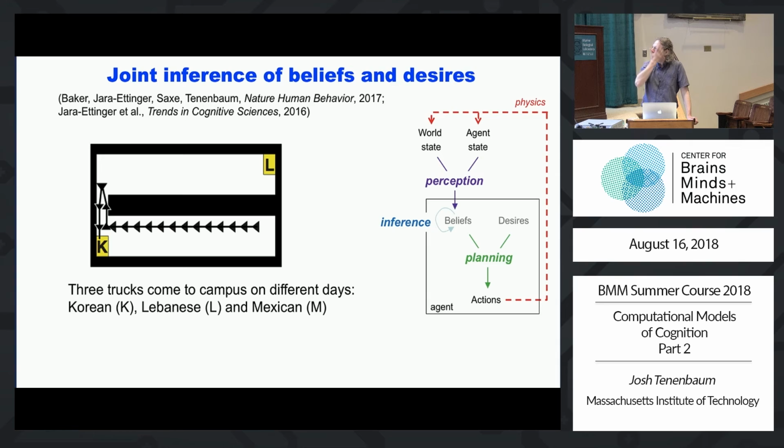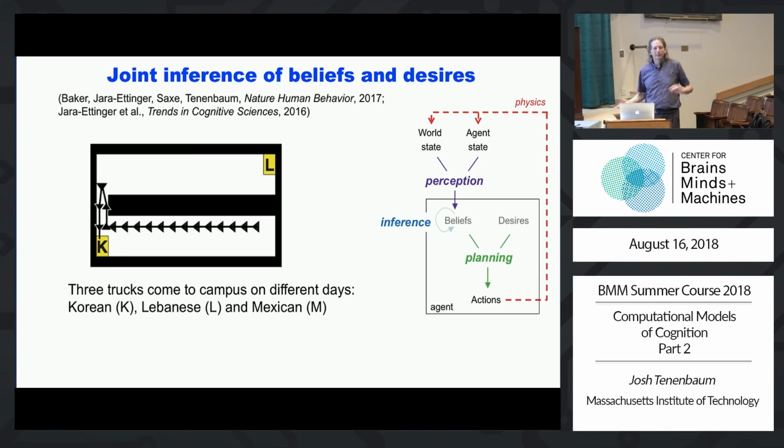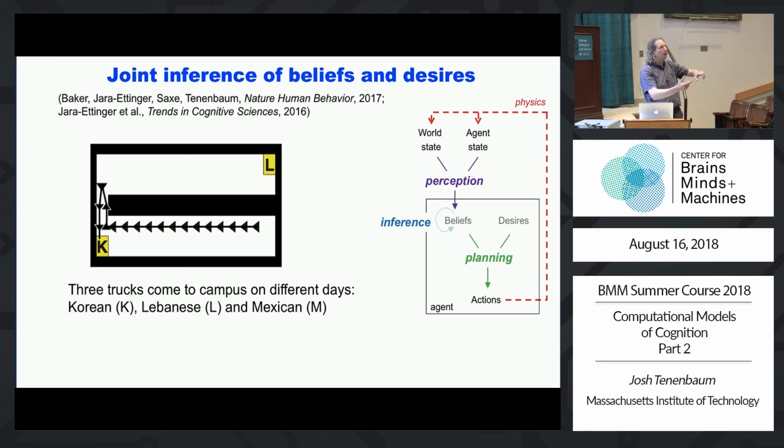So what's going on here, right? Again, simple kinds of action understanding or goal inference can be done in a purely perceptual way, right? Like if there's a cup of coffee here, or when I went to reach for the tape, right? When I first started to go around here, you didn't know what I was doing, but at some point you saw me reach for it. It's like, okay, I guess I want the tape, right? But here, the thing that you think they want is just not present in the scene. It's only present in your representation of the agent's representation of the scene, right? If you know that they know that the Mexican truck could have been there, then that's really the only way to make sense of this as an efficient action.